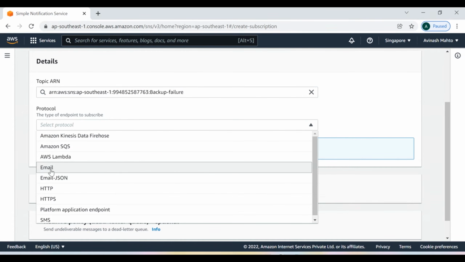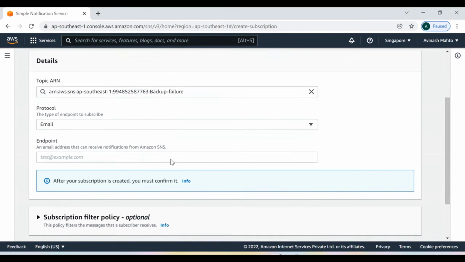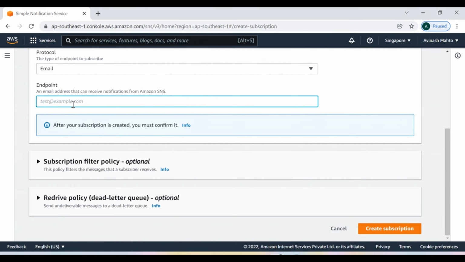In the subscription protocol, I'm going to select email, and there is only one difference, guys, between email and email JSON. If you select email, the message will come in normal format. However, if you select email JSON, the message will be received in JSON format, and that is the only difference. So I'm going to select email, and here I need to mention one of my emails. So I'm mentioning this is one of my emails.